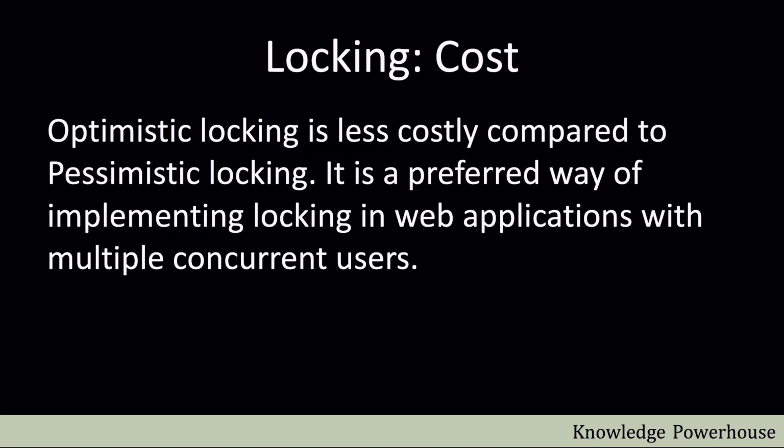Optimistic locking is less costly compared to pessimistic locking because we are not locking, and many threads can read at the same time and they can update it if the rules are not broken. It is a much preferred way of implementing locking in web applications with so many concurrent users. Most of these companies like Amazon, Facebook, all the social media, there optimistic locking is the one that is often used so that we can handle so many concurrent requests from millions of users. So try learning it, and if you implement it in your project, let us know how it works.